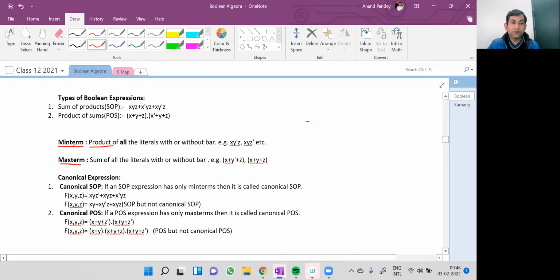Okay, now second is what? Max term is what? Sum of all the literals, with or without bar. See, consider one Boolean expression has maximum three literals, x, y, z, three propositions. So you can see it has the sum of all the literals. x, y, z, all three are in this one, and in this one also x, y, z all three are there, with or without bar. So such terms are called